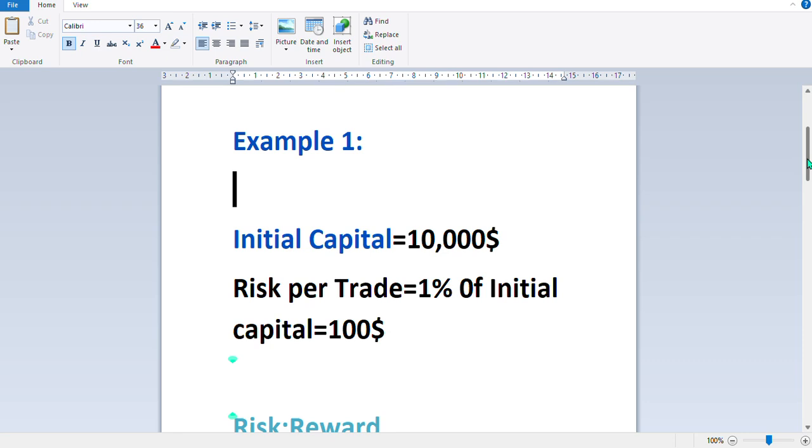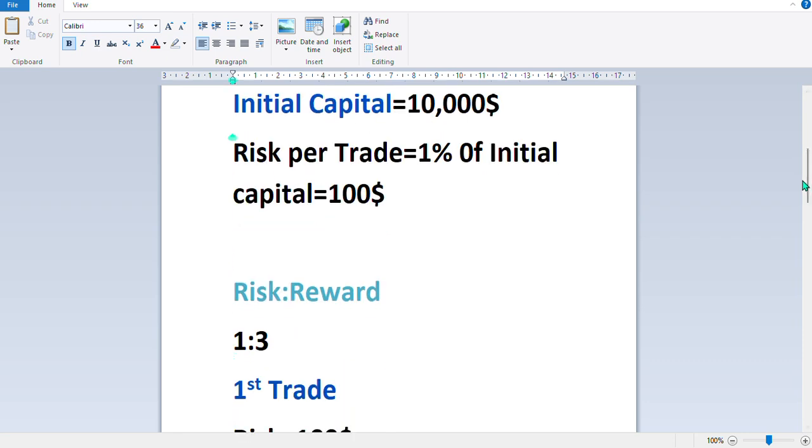The rule of trading is you should only risk 1% of your initial capital, which in this case, 1% of $10,000, is $100. So your first trade will be